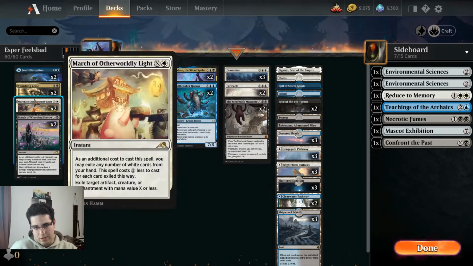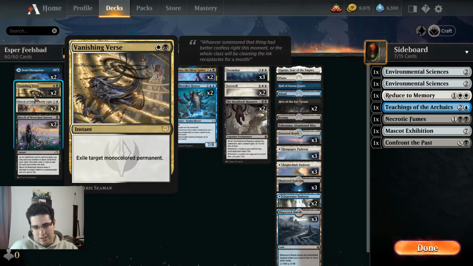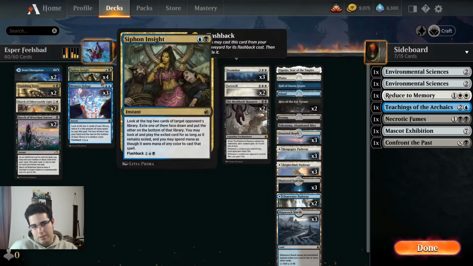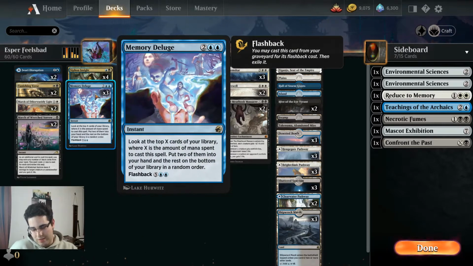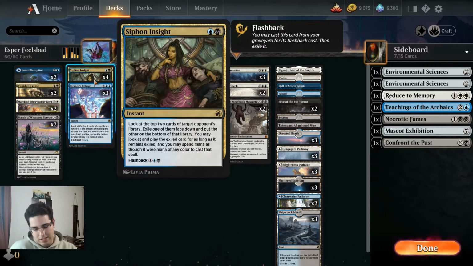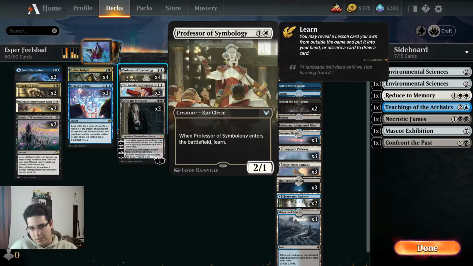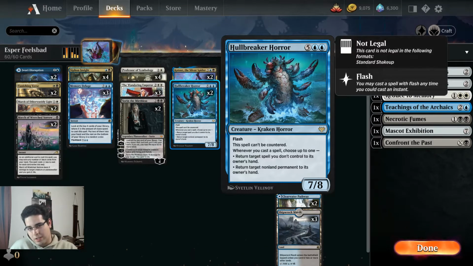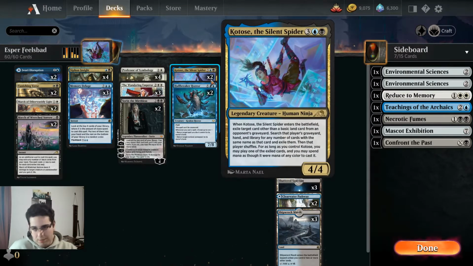We love it. Vanishing Verse is another subset of things and is usually cheaper if it's something really important, so we've got some of those as well. We have some of the most annoying and most powerful card advantage in Standard at the moment with Memory Deluge and a fan favorite, Siphon Insight. Lets you draw cards off the opponent's deck and flash it back, and of course is the best card to play with Hellbreaker Horror, which we have here in the top end, along with some Kotosei, which is a new